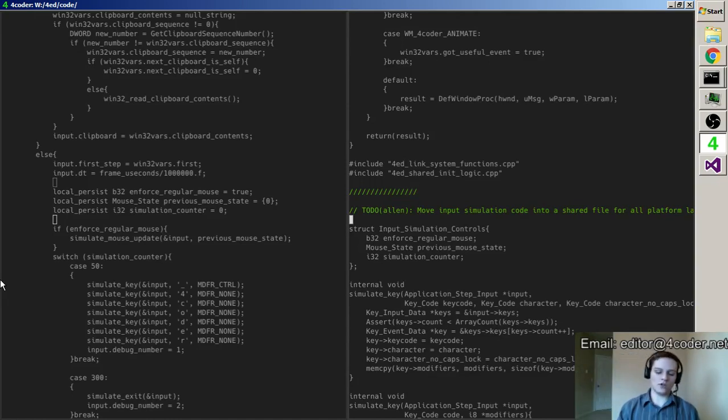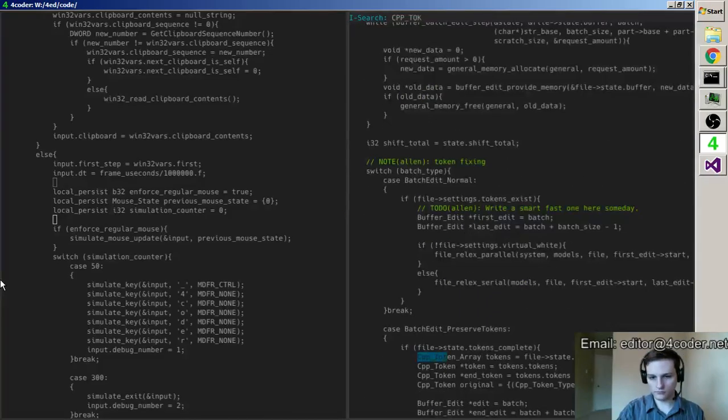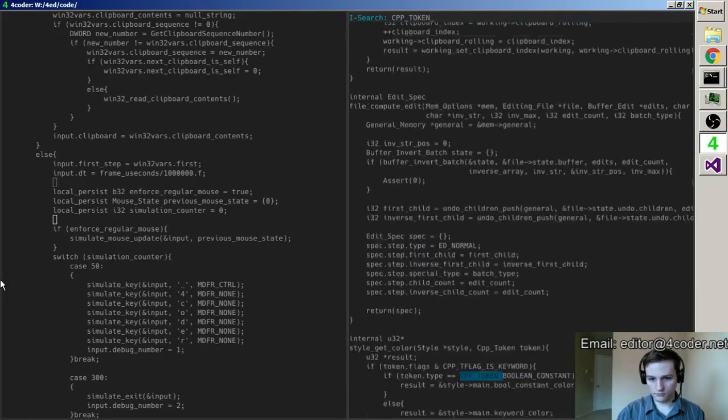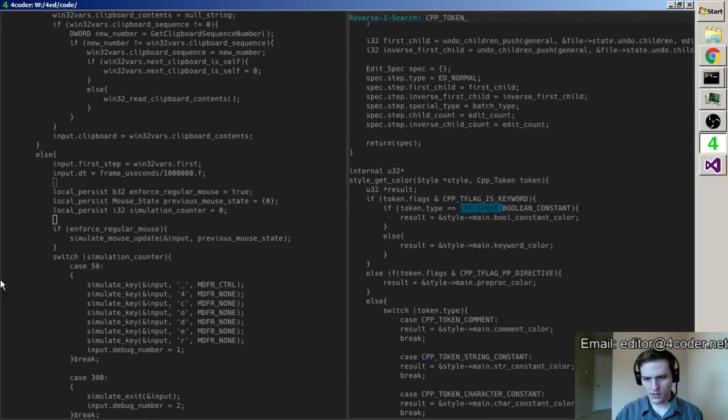Yeah, so what you're going to want to get are parentheses, braces, semicolons, comments, commas. I think that would cover everything. Let's take a quick peek. That's for getting style colors.